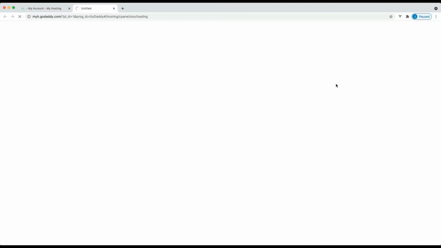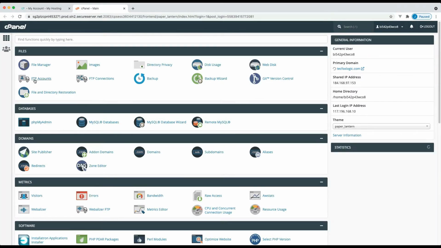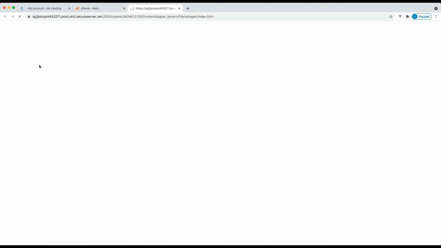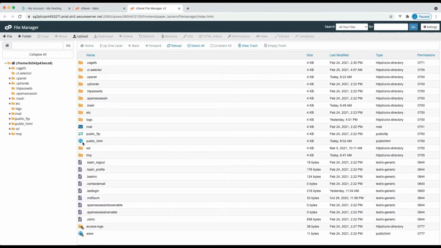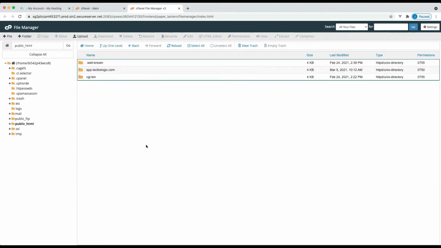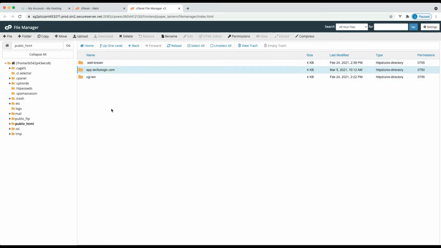Click cPanel. Let's see how we can host a WordPress site. Click on the root directory, public_html. Here you can see the SSL folder and the subdomain directory we created. We need to install WordPress on the root directory of techfoxlogic.com.